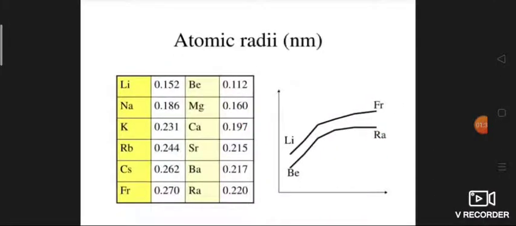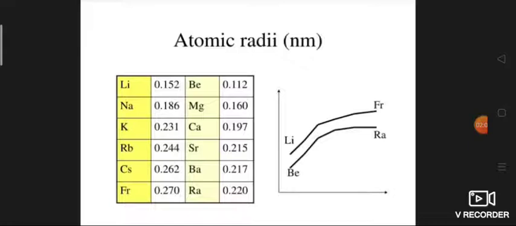Atomic radii. Atomic and ionic radii of alkali metals are largest in the corresponding period. This is because as the atomic number increases along a period, nuclear charge also increases, which results in decreased size. So on moving down the group, as the atomic number of alkali metals increases, their radii also increase because the shielding effect predominates over nuclear charge.